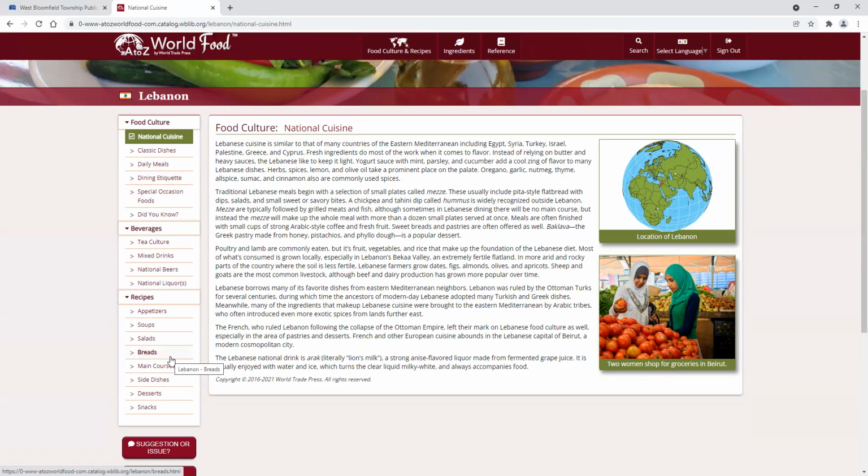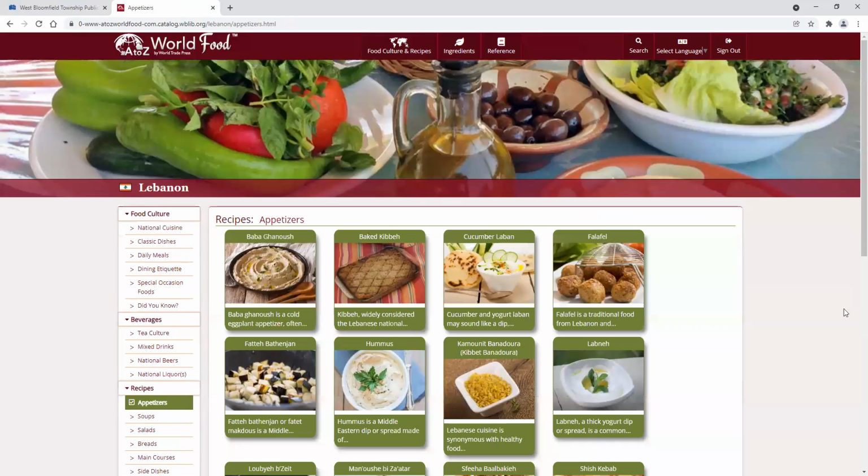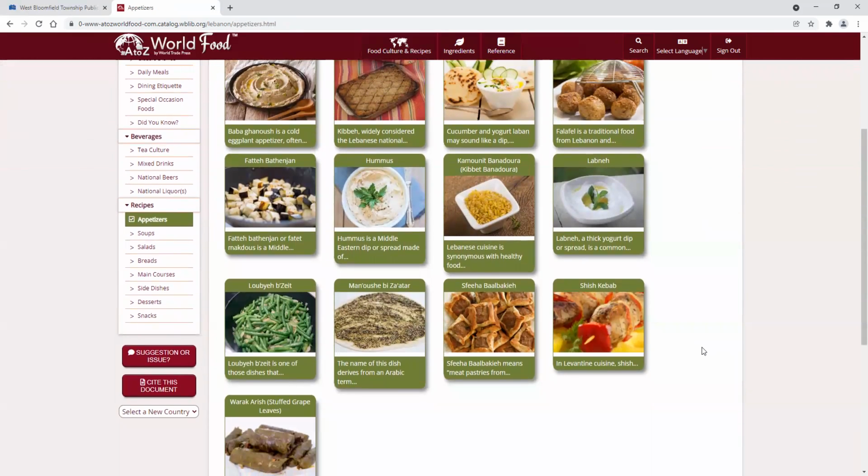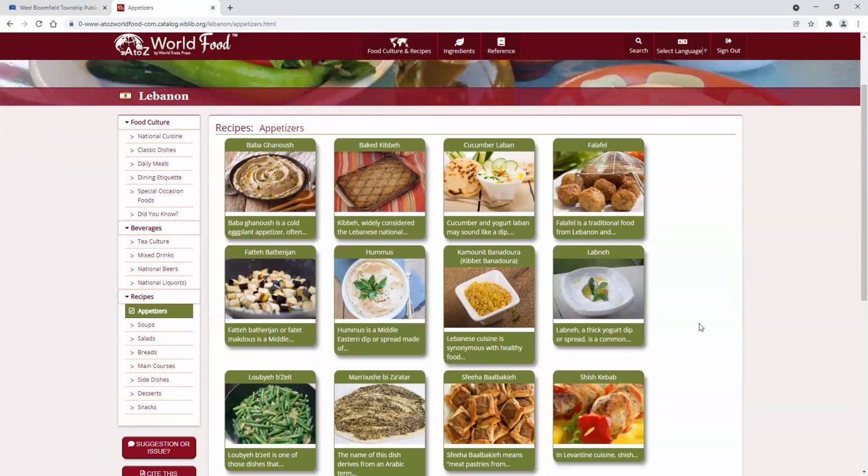So, there's food for special occasions. You can go down to recipes. If you're looking for appetizers from Lebanon, you can click appetizers and it will take you to just appetizer recipes. So you have these listed here for Lebanon. And if there's something you want to see the recipe for, you just have to click,